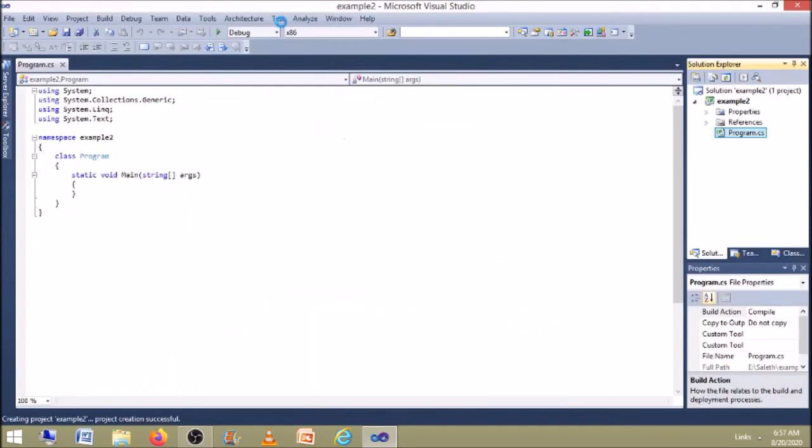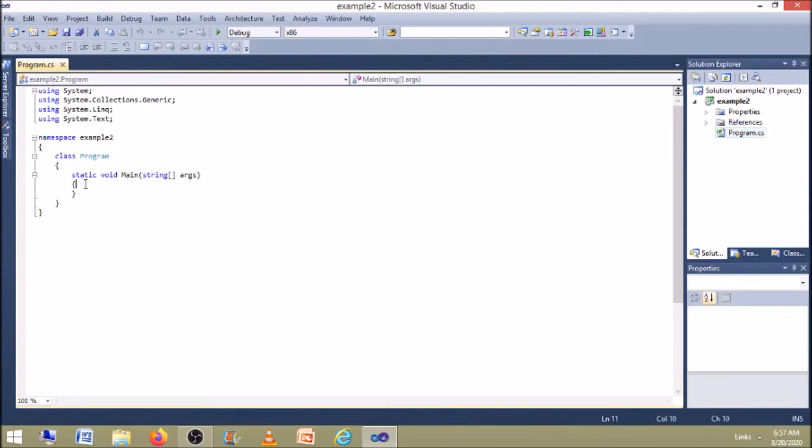Then you will get a page like this. We have discussed all these things already in the previous class, so now you know what these are. Now let us start writing the source code. As I told you already, these are built-in classes. Classes are inherited into the source code with the keyword using. And this is the namespace example2, and here Program is a class name, and then static void Main with string arguments.